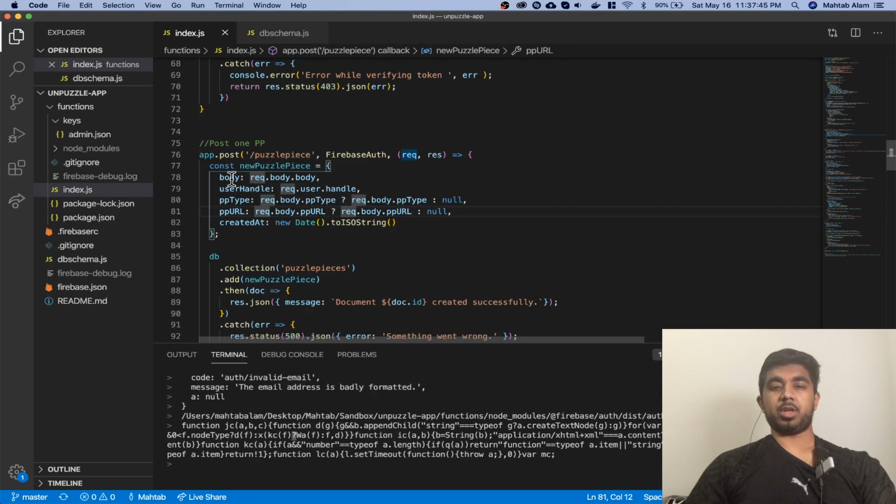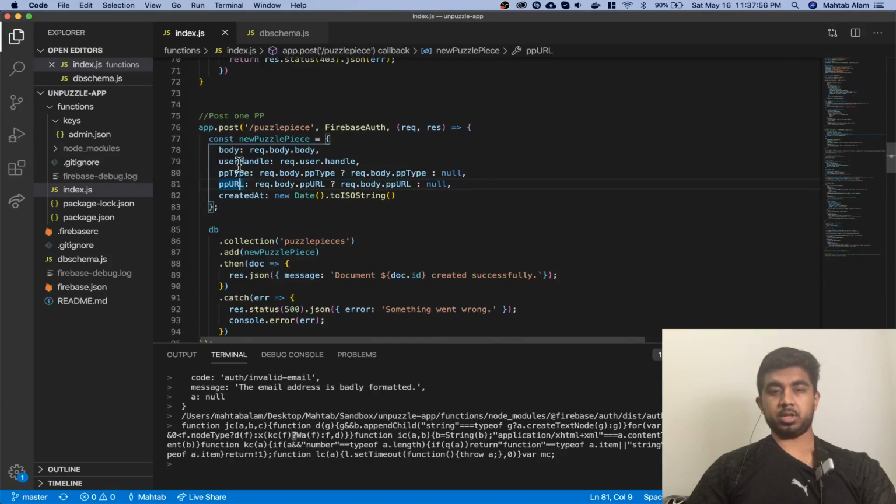The video only had body and user handle. But because I have these additional two keys, when I was posting this new puzzle piece,